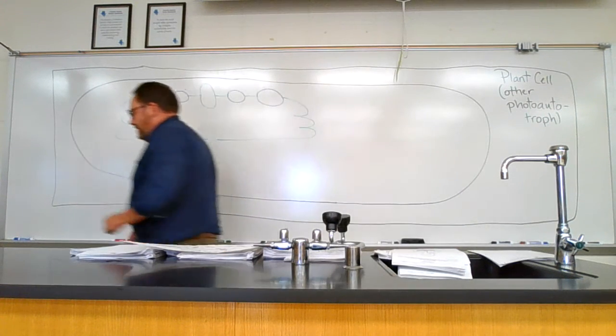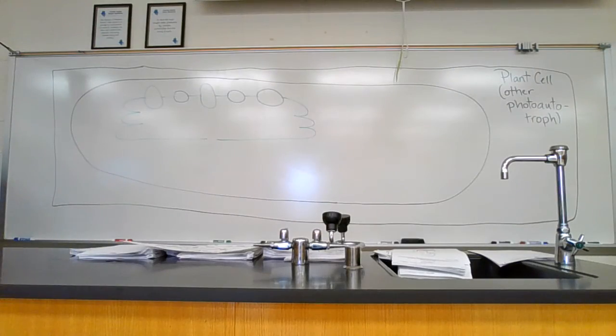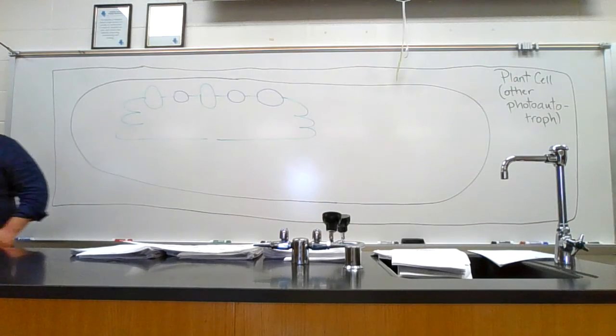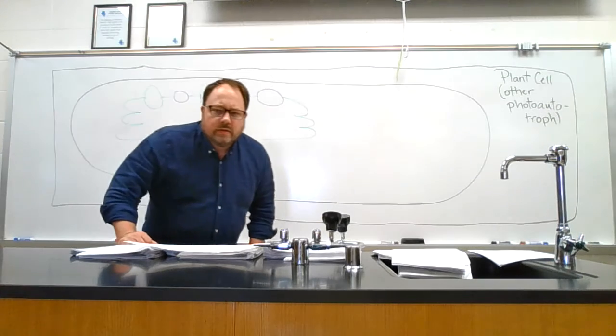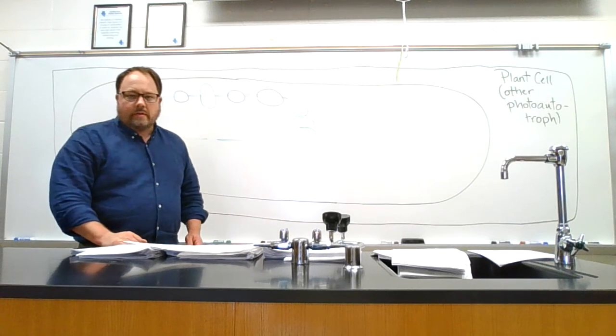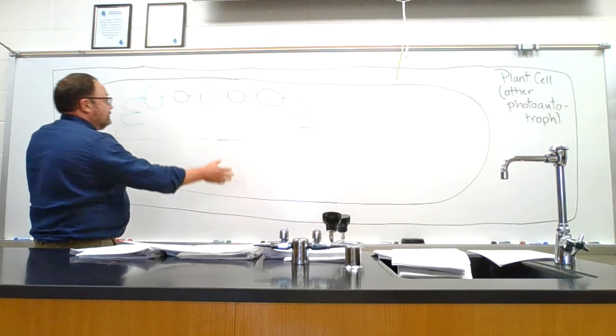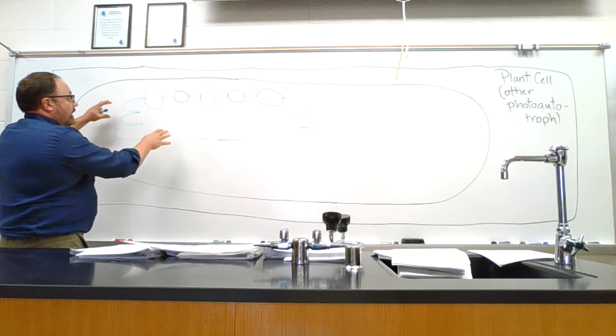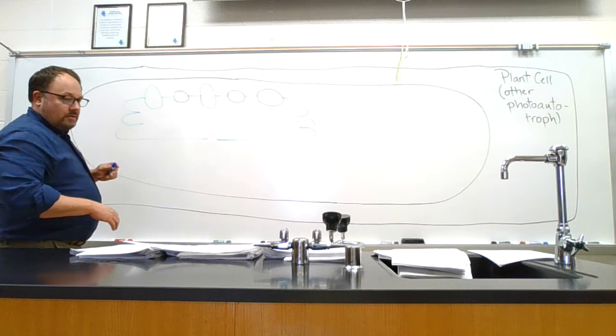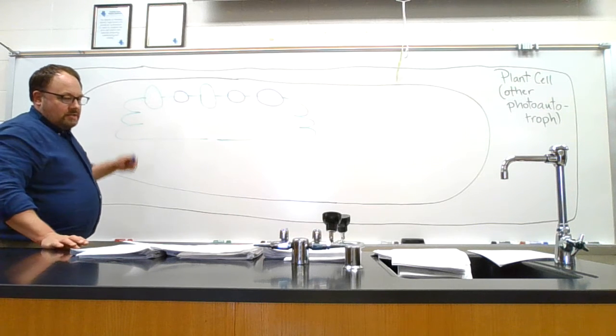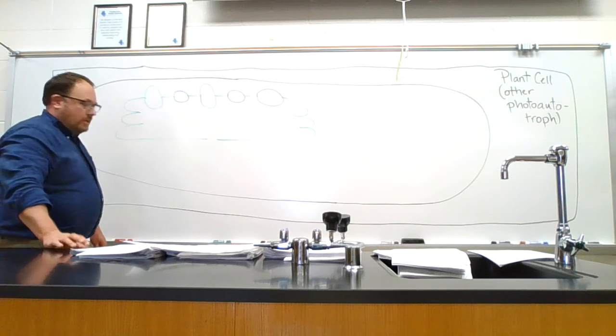Let me see if playing around with the lights a little bit more helps with this. Okay. All right. So we've got the larger plant cell. We have the chloroplast. Within the chloroplast, we have these thylakoid membranes with green, and then I got some blue stuff going on here. So let's label